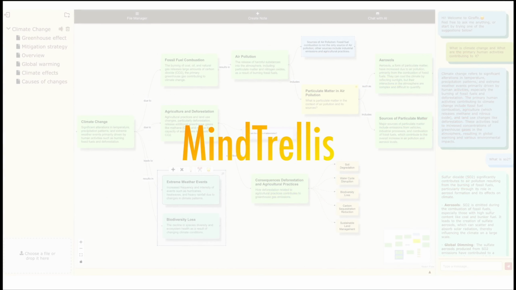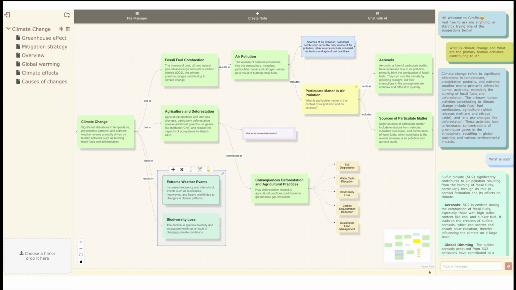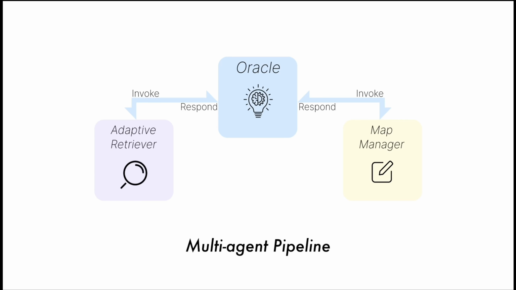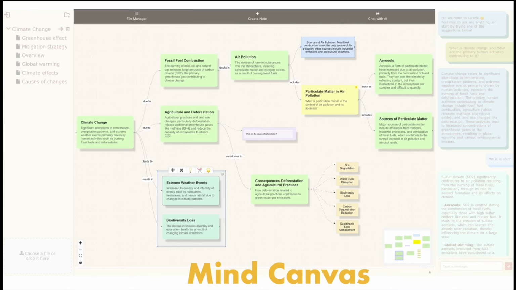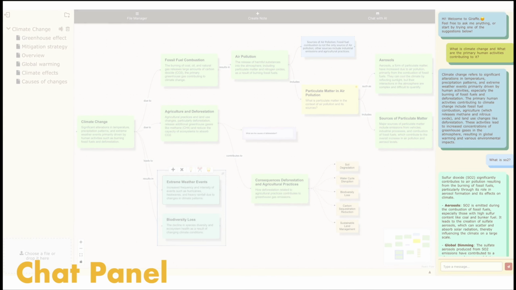We present MindTrellis, an interactive system that supports exploration and organization of custom knowledge bases with a hybrid map. MindTrellis enables bidirectional interaction through a multi-agent pipeline. Users can both retrieve and contribute to the knowledge structure. The interface has three components: File Manager for document uploads, Mind Canvas for visual exploration, and Chat Panel for natural